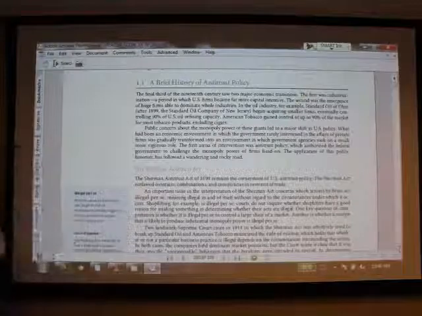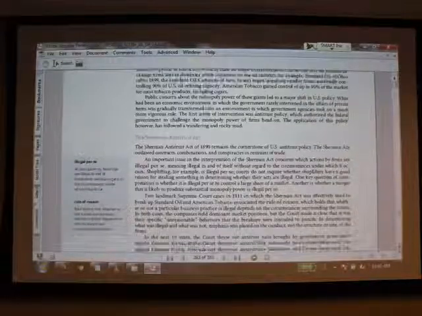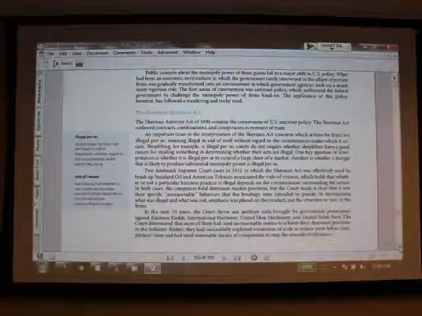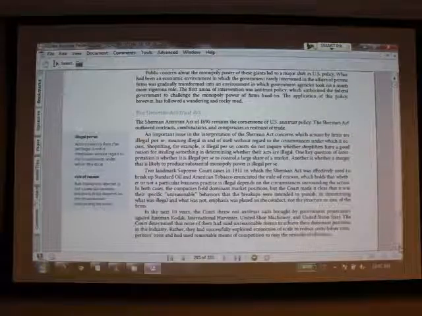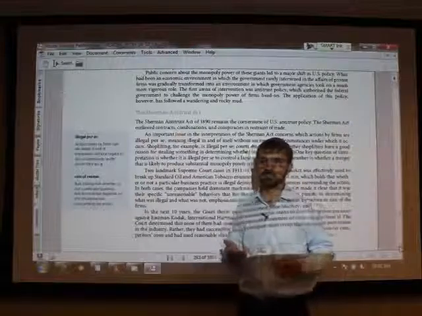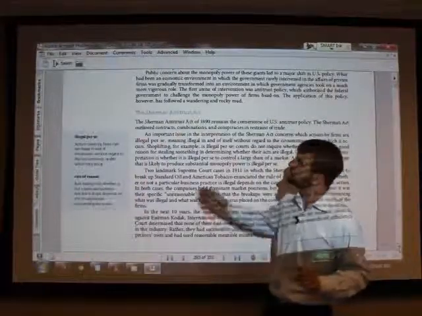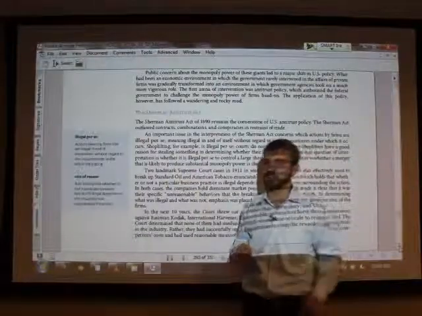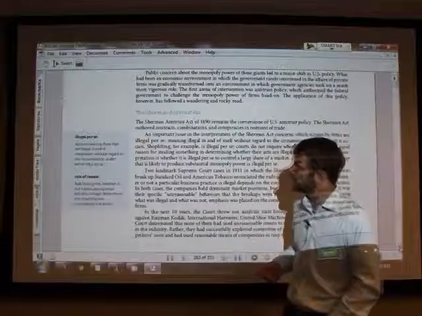There's a distinction that is made here in the book that you should be aware of between per se illegality and the rule of reason. What does this mean? Well, if something is illegal per se, it means it's illegal and there's no justification for doing it. For example, the example here is shoplifting. There's no justification for shoplifting. If you do it, you're guilty. If you're found guilty of it, you're going to be punished.